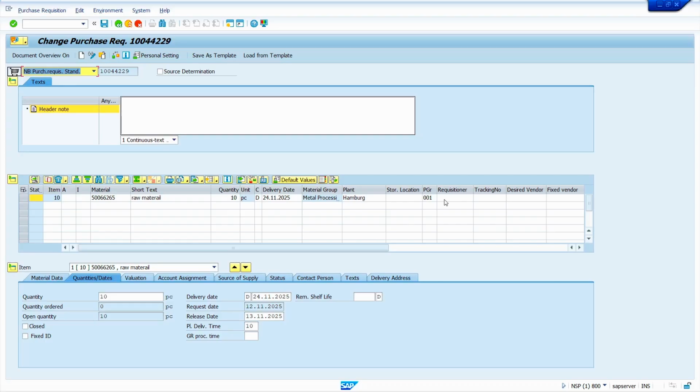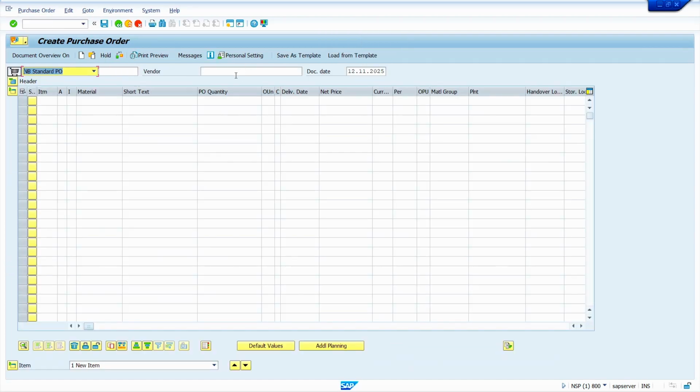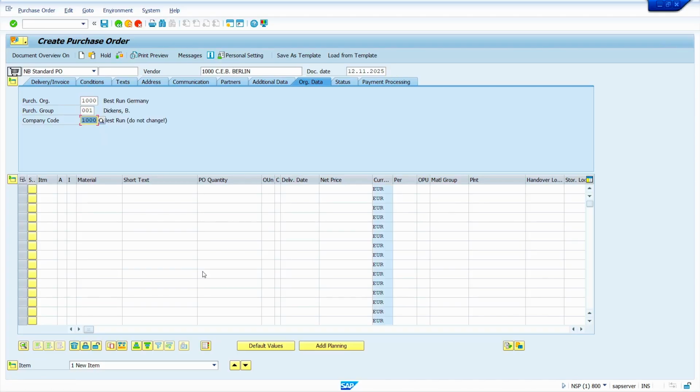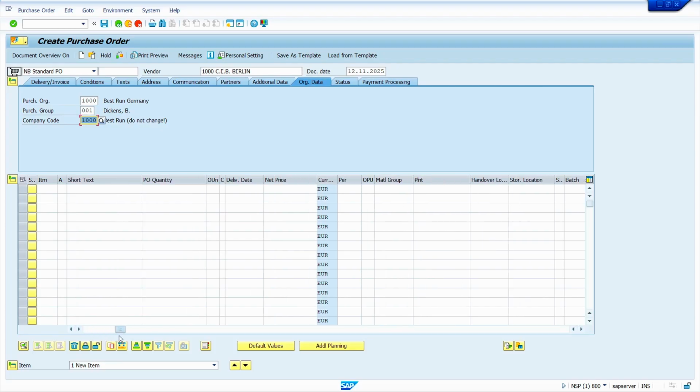Now I'm going to create a purchase order by referring to this purchase requisition. To create a purchase order, enter the transaction code ME21N. Now press enter key. Enter the vendor, the purchase group, and the company code. Now press enter key. Just scroll to the right side,